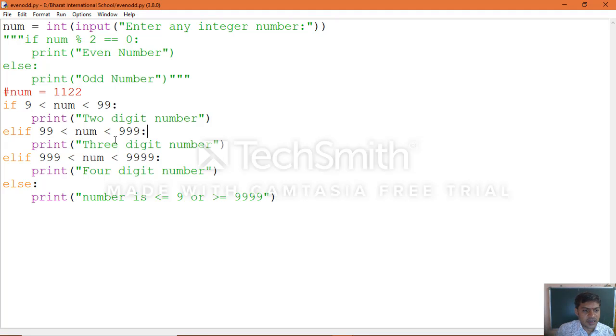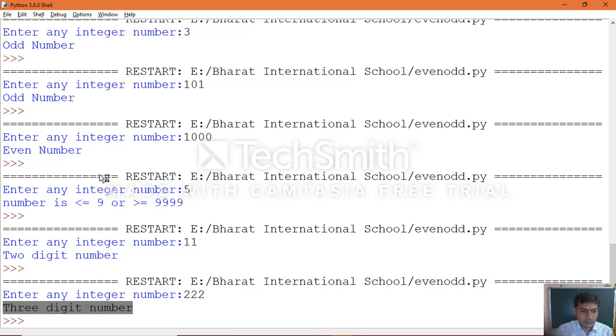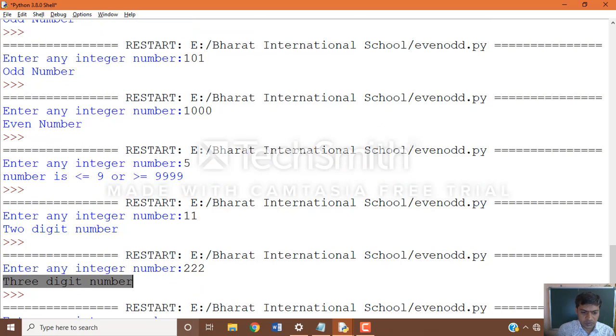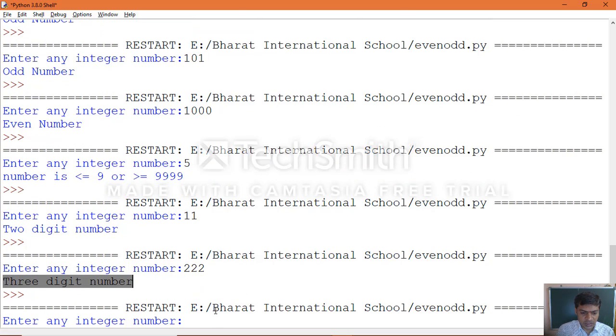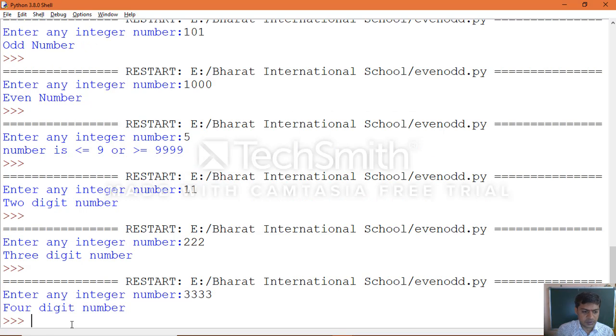So now this condition becomes true, and you will get the output as 3-digit number. Same way, now this time you give a 4-digit number, for example 333. Yes, 4-digit number.